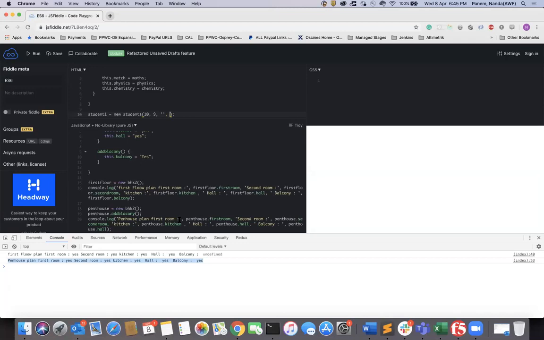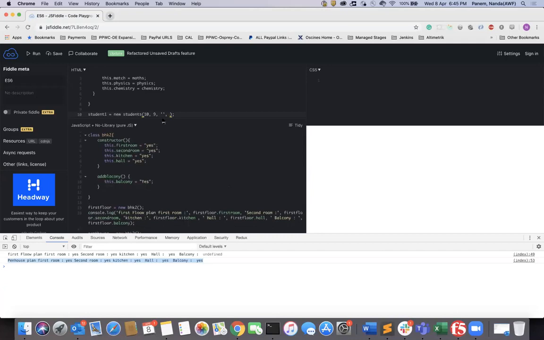Okay, so this concept came into the picture in ES6. Suppose you don't want to pass a value here. In ES6 there is one more concept we saw yesterday, default parameters. Suppose you don't know the student's physics marks, or some students have physics marks added recently and some don't.